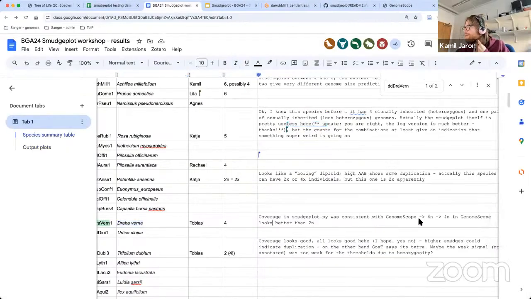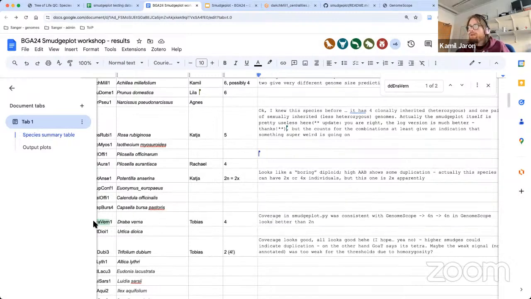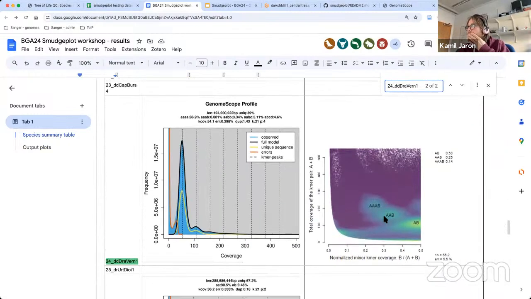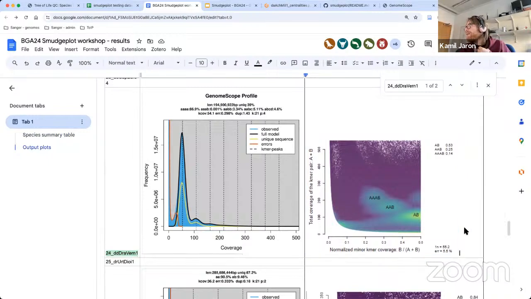Coverage in Smudgeplot was consistent with GenomeScope, and GenomeScope for N looks better. Genomes are annoying in that they evolve.